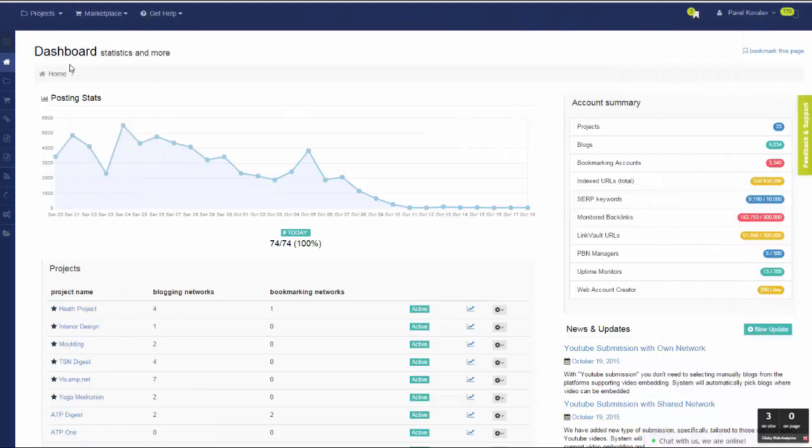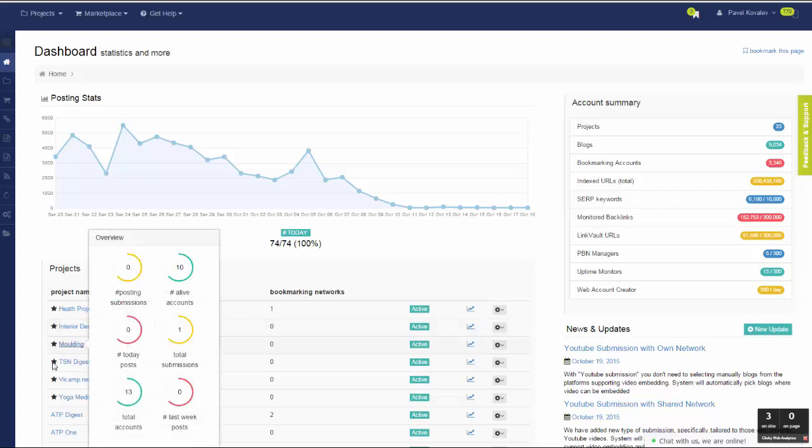And now I'm in my RankWyz account. I'm going to set up this multi-tier use case, posting videos and backlinking them automatically from LowerTier. As I mentioned, we can use any combination of own networks and shared networks.